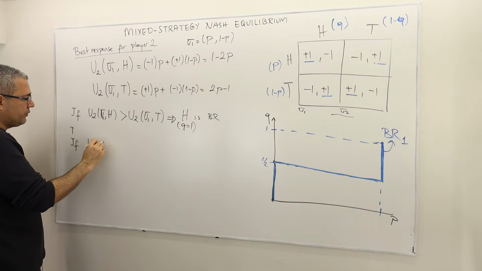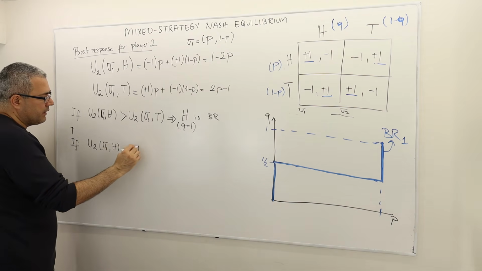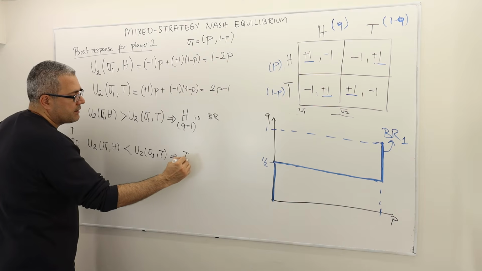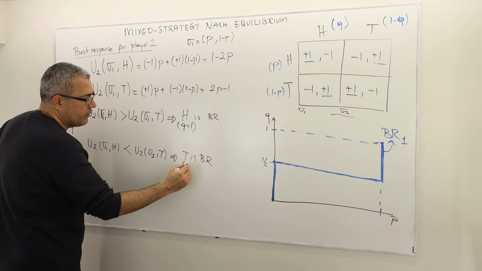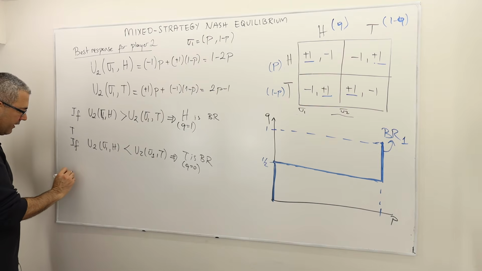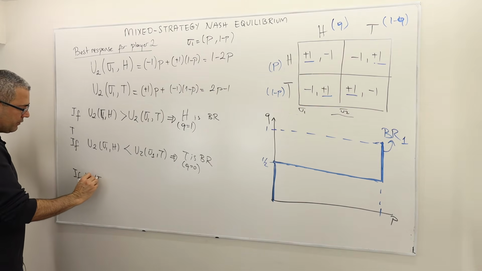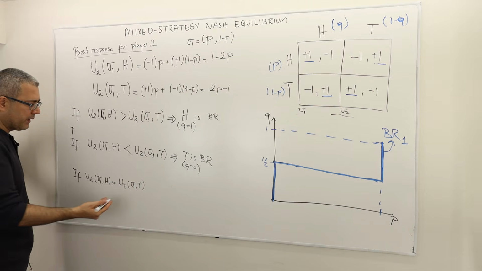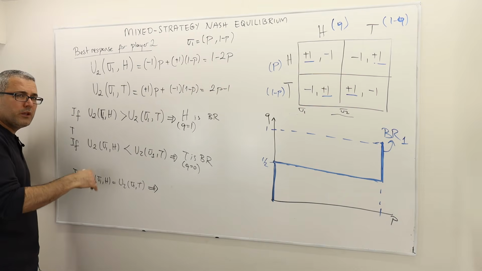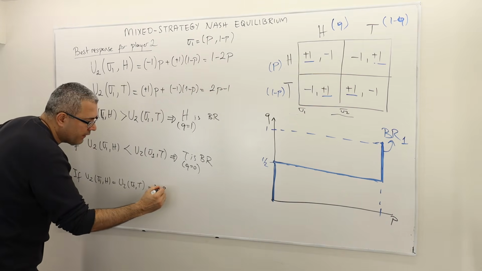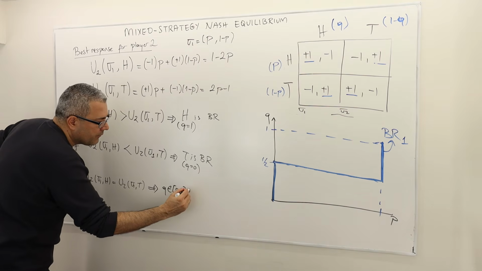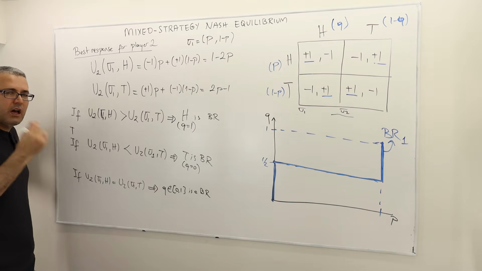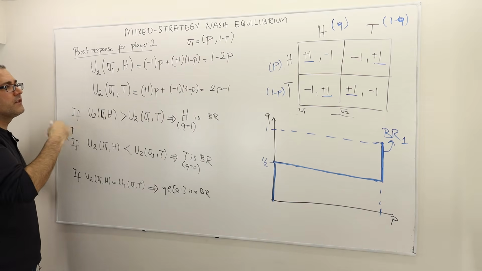If, however, U2 of sigma 1, head is less than U2 of sigma 1, tail, well then that means tail is a best response, which means Q equals 0 is a best response. And then finally, if U2 of sigma 1, head and U2 of sigma 1, tail give exactly the same expected payoff, well, that means she's going to be indifferent between head and tail. In fact, any Q in between 0 and 1 is a best response. Exactly the same analogy as the player one's